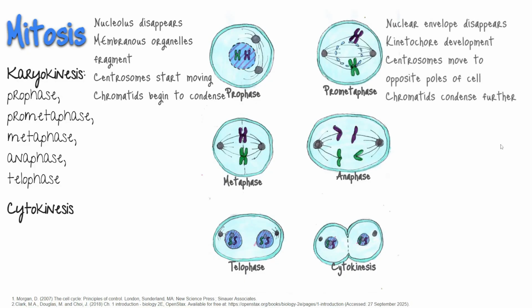Prometaphase, the change phase. Many processes that began in prophase continue to advance. The remnants of the nuclear envelope fragment further, and the mitotic spindle continues to develop as more microtubules assemble and stretch across the length of the former nuclear area. Chromosomes become even more condensed. Each sister chromatid develops a protein structure called a kinetochore in its centromeric region. The proteins of the kinetochore attract and bind to the mitotic spindle microtubules.